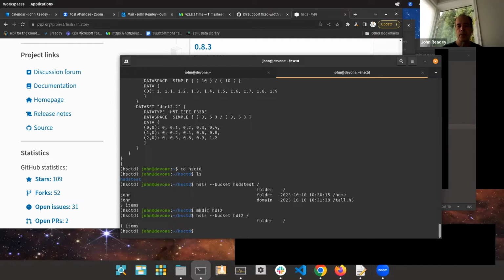There's no way through the REST API to create buckets. That has to be done manually. If you're using something like AWS S3, this translates to the concept of S3 buckets. And again, they would be created by the system administrator, and your privileges to write to them would be set up by your configuration to HSDS. But anyway, back to the